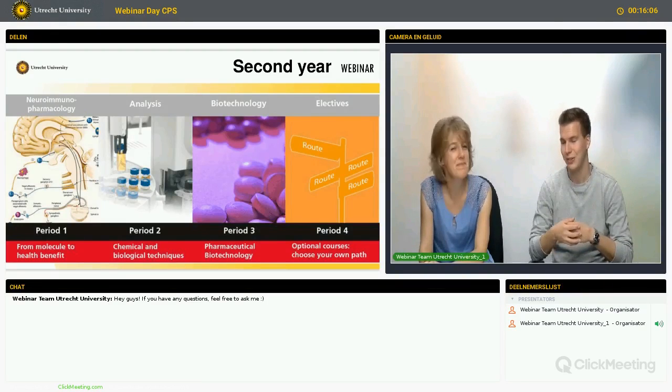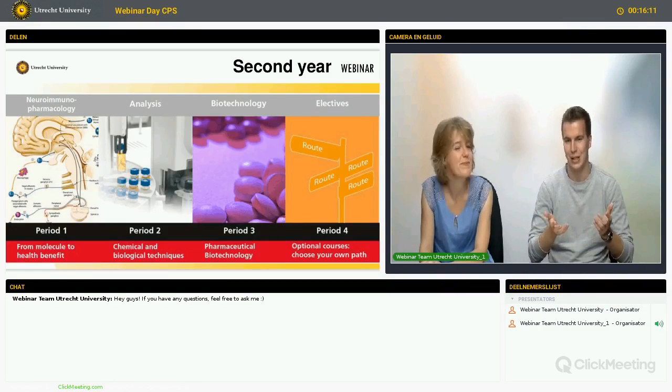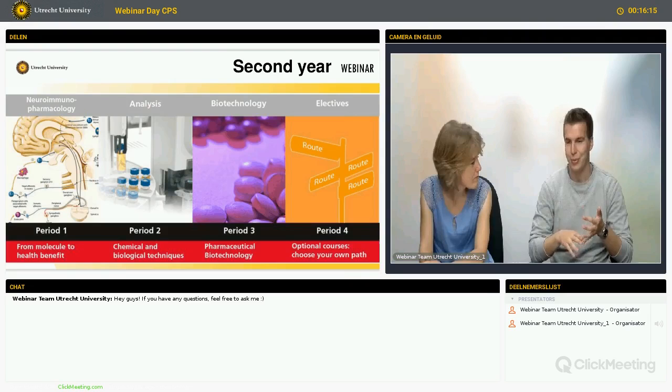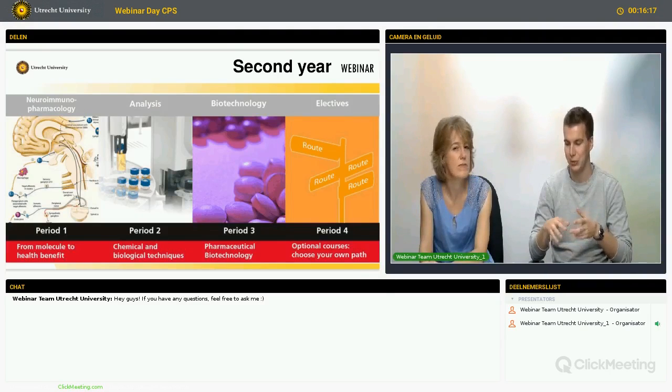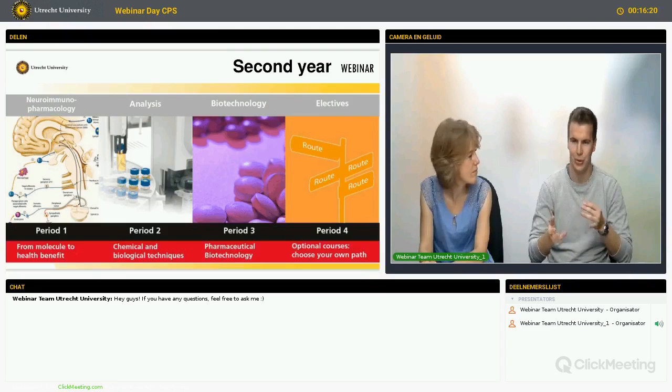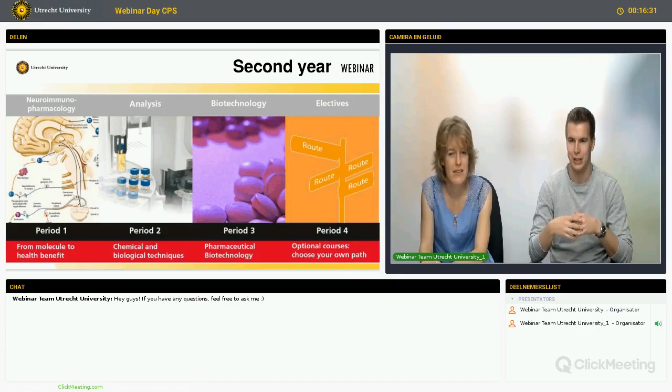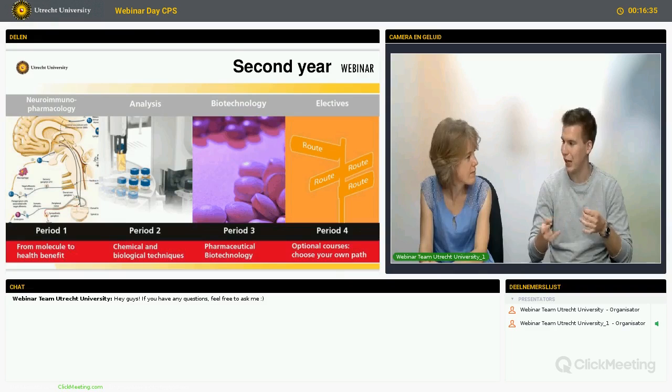And then the fourth block of the second year is an elective block. So this can be any course that you'd like to do within the university. That could be a course from pharmacy, a course from biomedical sciences, but then there's also courses from CPS as well. So you can really tailor your degree to how you'd want to specialize. So I did an advanced chemistry course, building on the fourth course from the first year. So we looked more into how we actually react molecules together to make drugs.